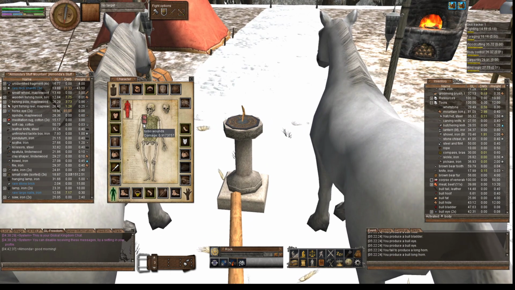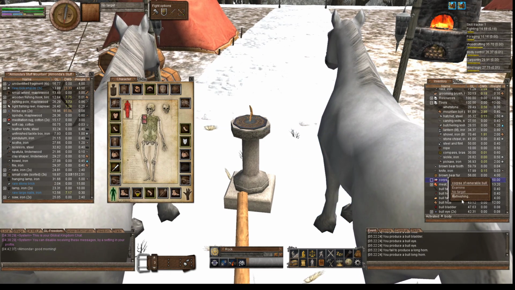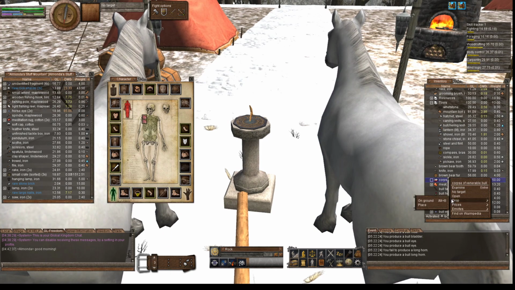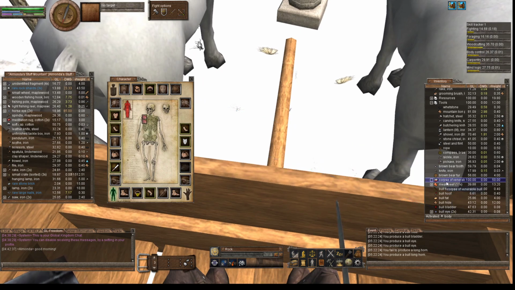I got a little bit bruised by either the bull or by the... I think I did this last time. So we're gonna drop our corpse. This seems familiar. Did he drop? I didn't drop him. Drop on the ground, and